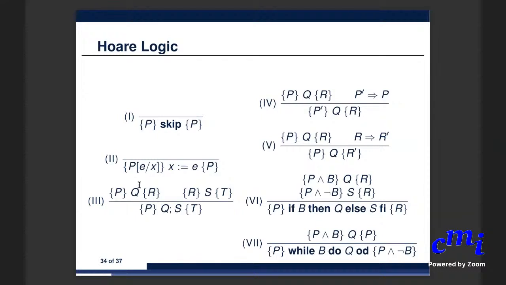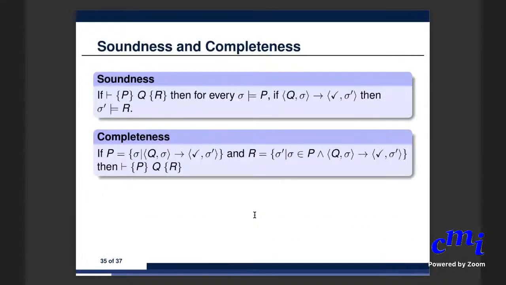So here's a summary of core logic. This just puts all the inference rules together, including the iteration inference rules. Core logic itself is sound and complete. It's sound in the sense that if, using the inference rules, I'm able to deduce for a particular program that P is a valid triple, using the inference rules, like the proof that I showed you as a tree,